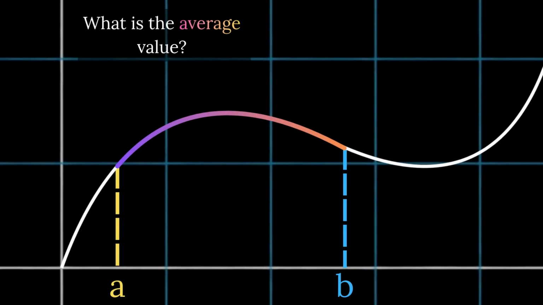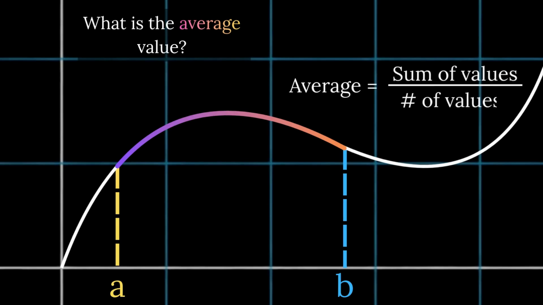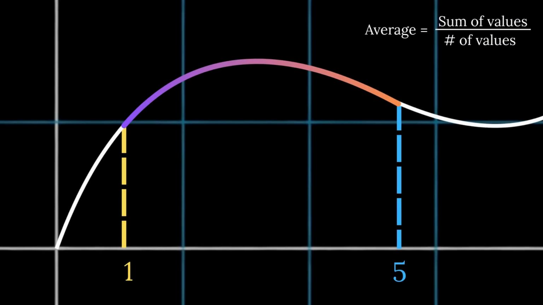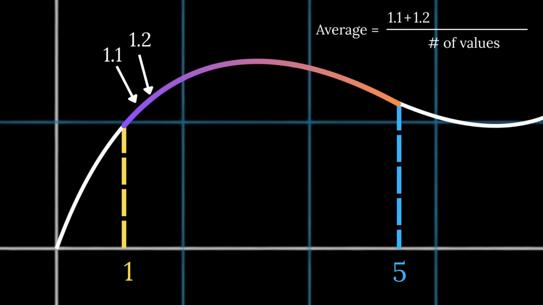Okay, we know the average of a dataset is adding up all the values and dividing by how many there are. When we talk about the value of a function at a point, well, that's just the height of the function at that point. So let's add up all the function values over this interval. Imagine the boundaries are 1 and 5. This point's value is 1.1, this one's is 1.2, this one is 1.2435, this one is